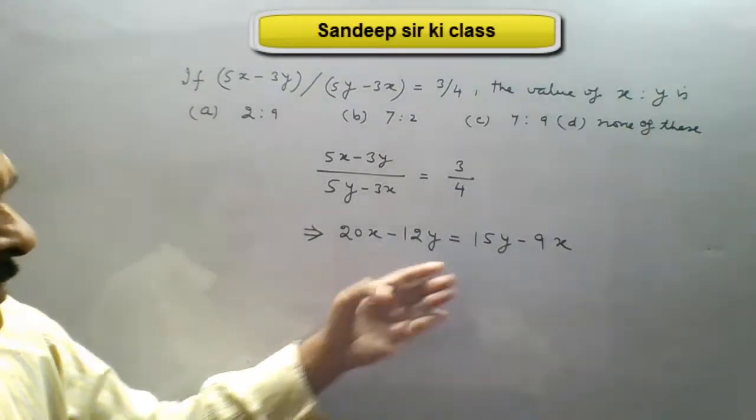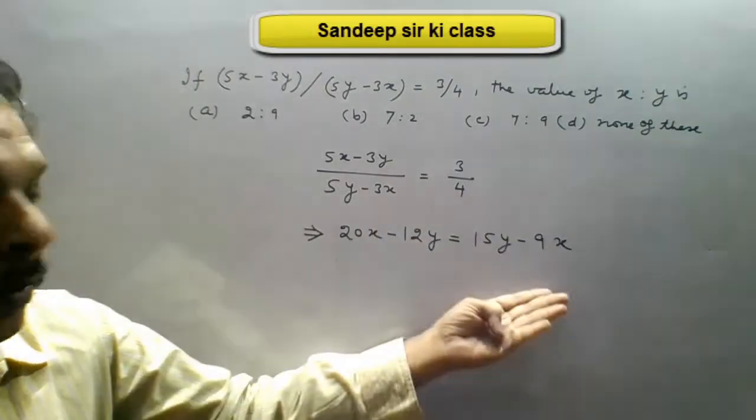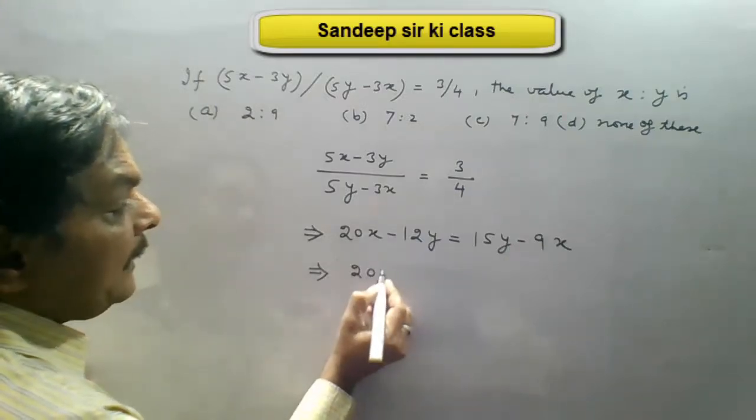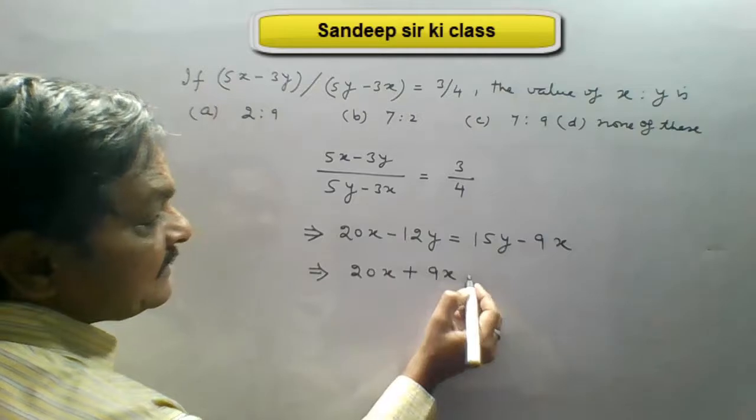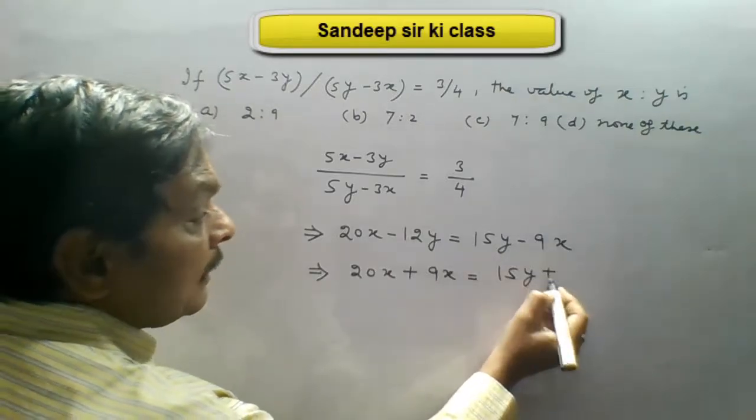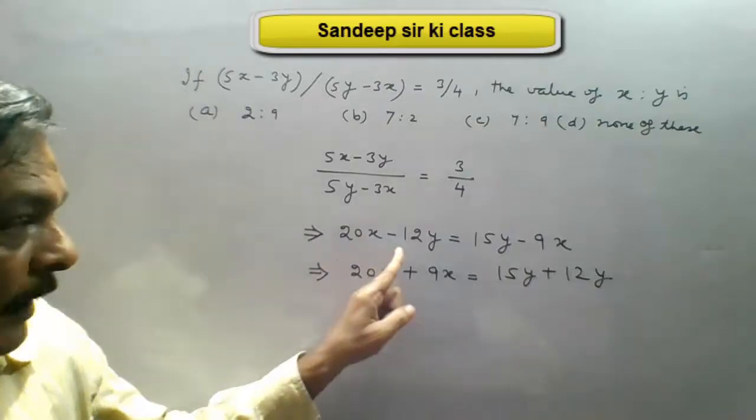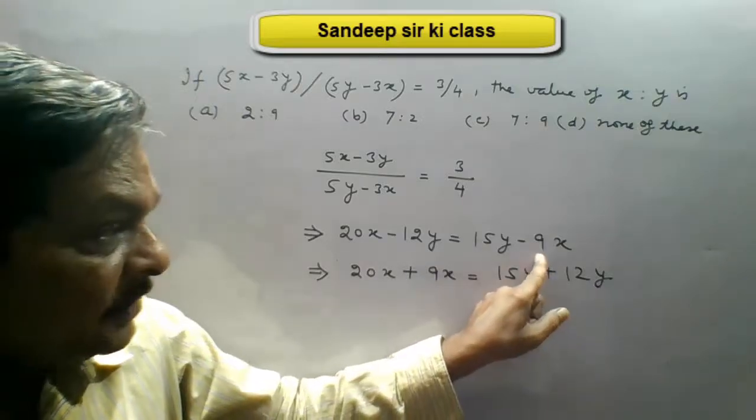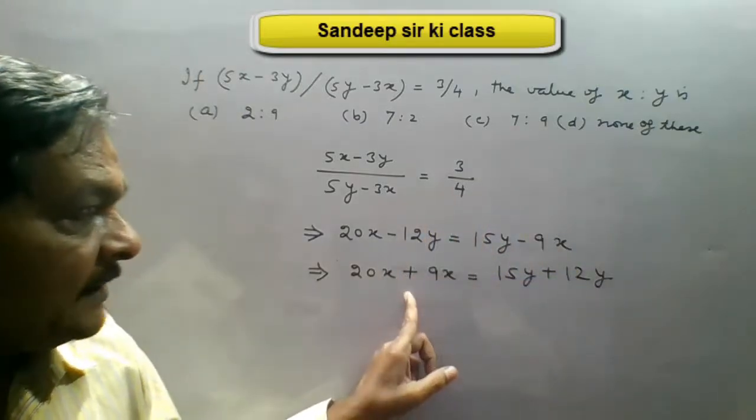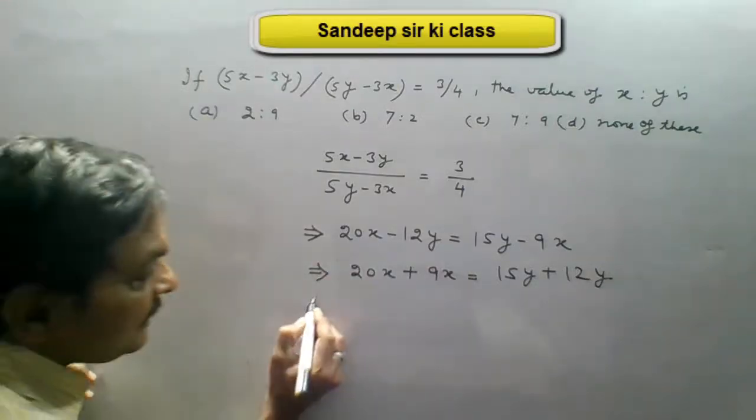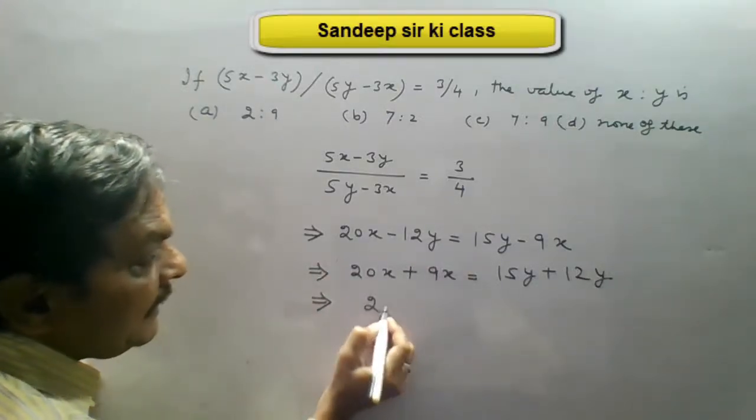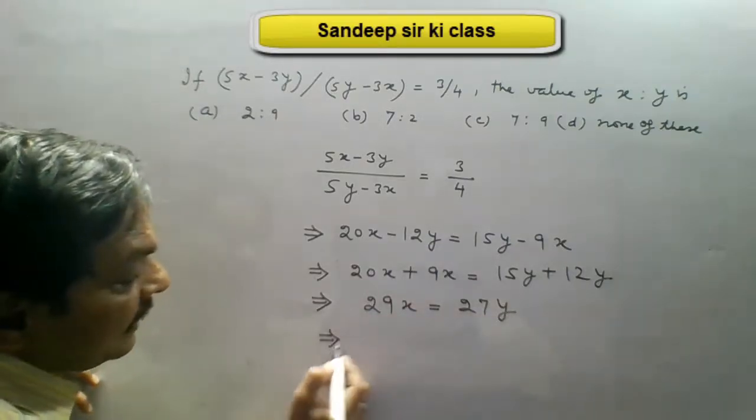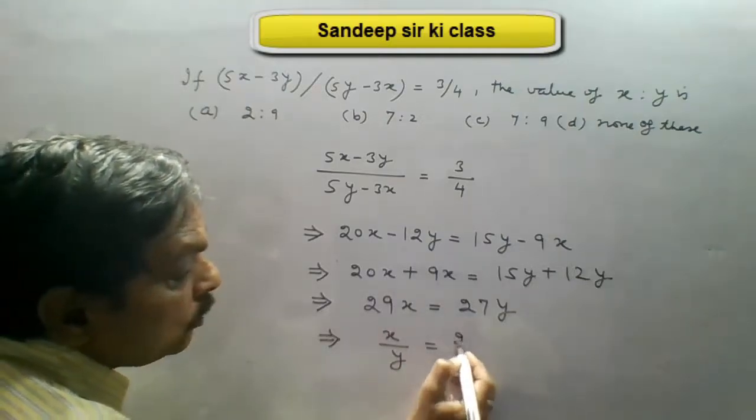Now if we transpose, x will come on one side, y will go on another side. Now this gives us 20x plus 9x is equal to 15y plus 12y. This minus 12y will go on the right hand side and become plus. Minus 9x will come here on the left hand side and become plus 9x. Simplify. This gives us 29x is equal to 27y, and this gives us x upon y is equal to 27